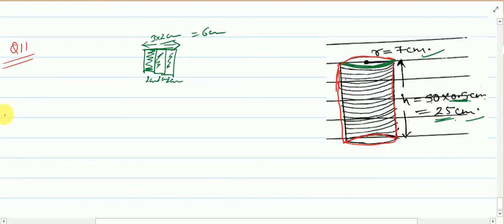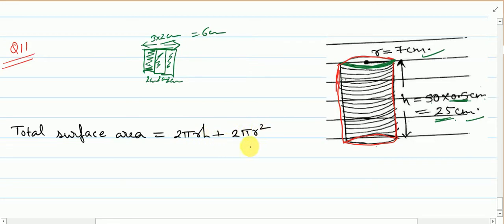So we will write total surface area is equal to curved surface area, that means 2 pi r h plus 2 times pi r square, because here top and bottom, okay, we have to consider these two also. So 2 pi r square. So here you can see 2 pi and this r comes out common, you are left with h plus r.